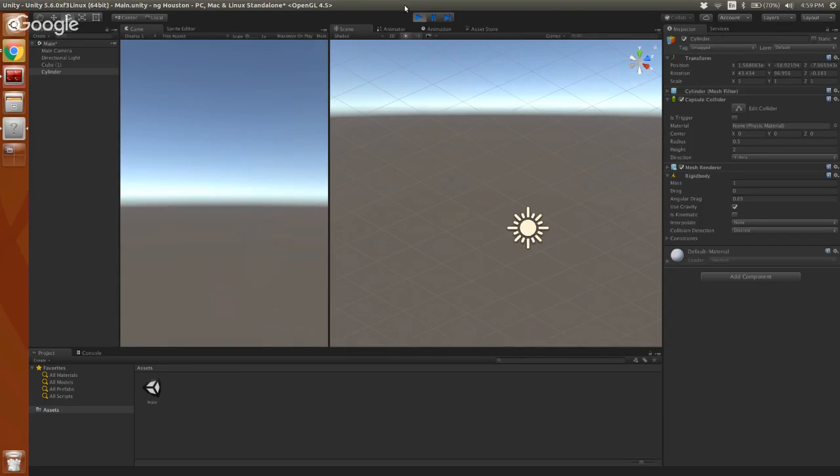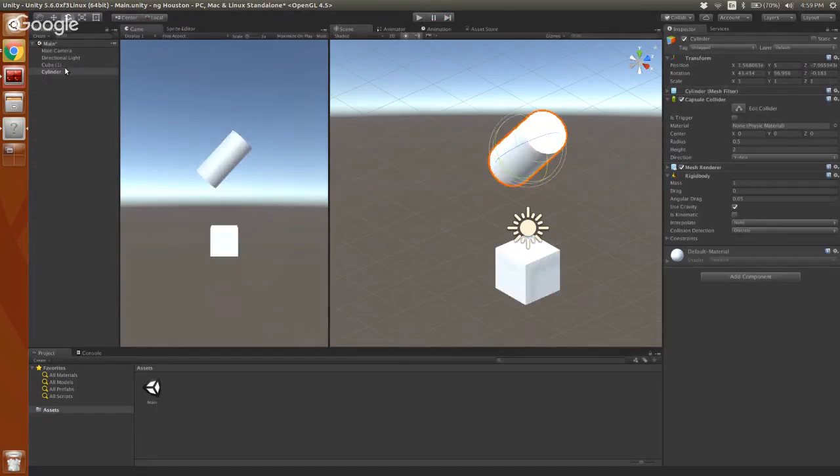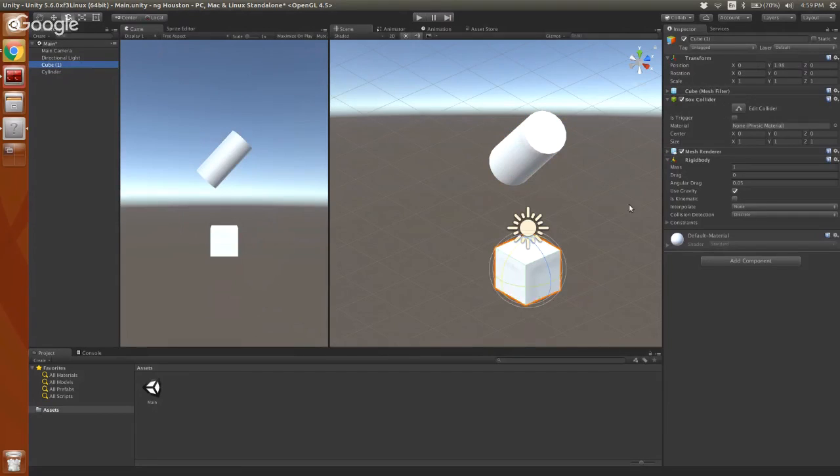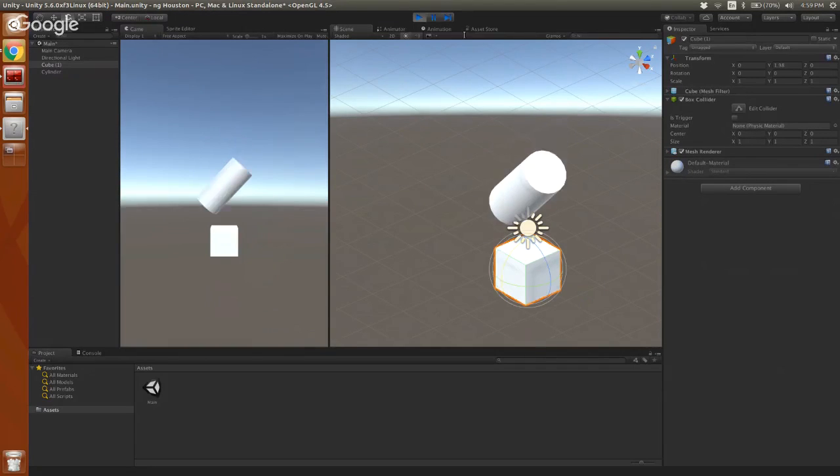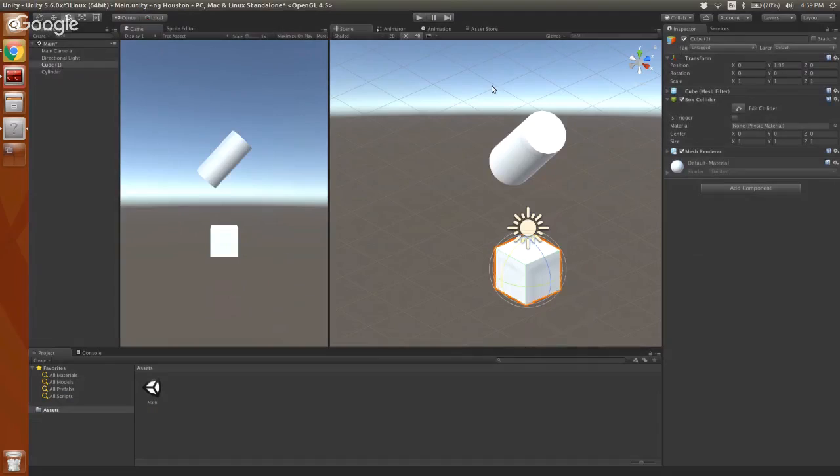Then they both move. Yep, exactly. So it's really important that I not have a rigid body on this bottom cube because that's acting as the ground. So if we remove the rigid body, now it follows. I think Alex has a question too. Go for it. Alex, I don't think he can see you, so jump in if you have a question.